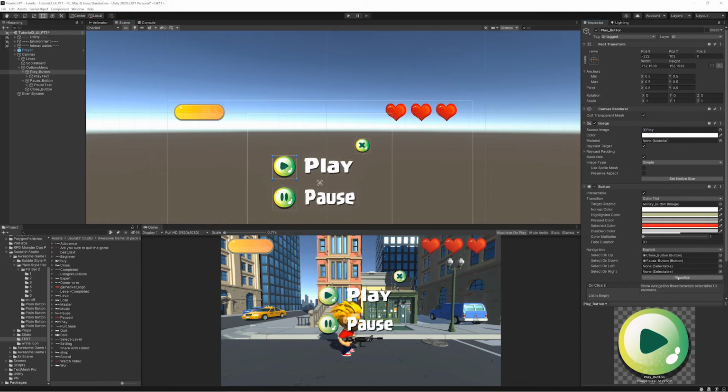And you can see down here, there's a little button that says visualize, so you can take them away or use them if you want. And now we go down to our pause button. We're going to pull the play button into on up. And on exit, the close button, we're going to pull the play button to on down. So now,